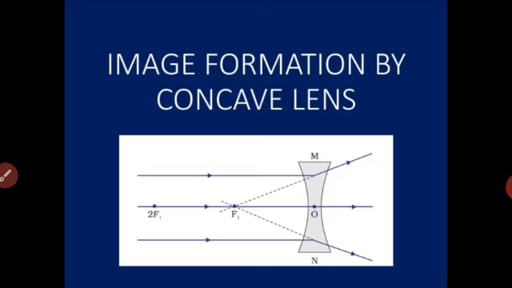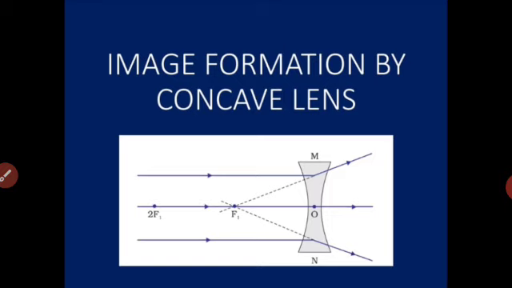This diagram given here shows a concave lens with the principal axis drawn, which passes through the optical center. The object is located at infinity, thus we have two parallel rays shown in the diagram which are coming straight and incident on the lens. When such rays parallel to the principal axis fall on the concave lens, it diverges.